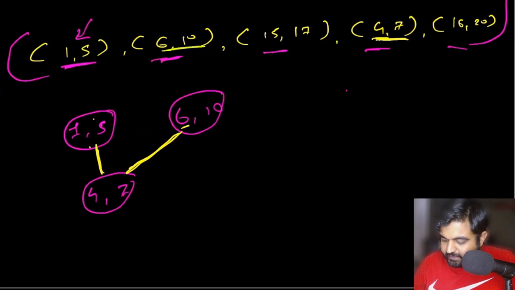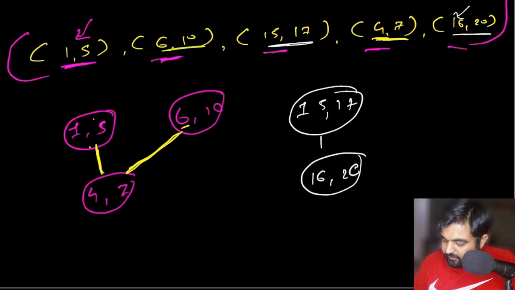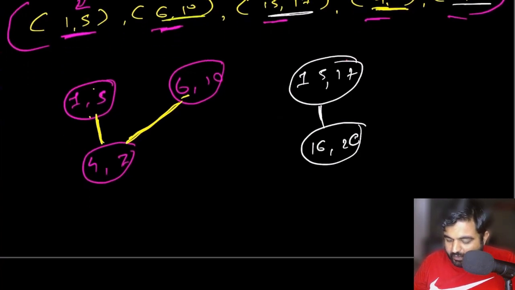Again, if we take the next example, 15 to 17, okay, 15 to 17 is the new node. And if we see 16 to 20, the starting point 16 is actually between 15 and 17. So again, we can extend an edge over here. And for this new tuple, we are also going to have a new connected component. And again, there is no correlation between these two. Now, all the values that are connected with each other, we will have to resolve and put in one single merged block.